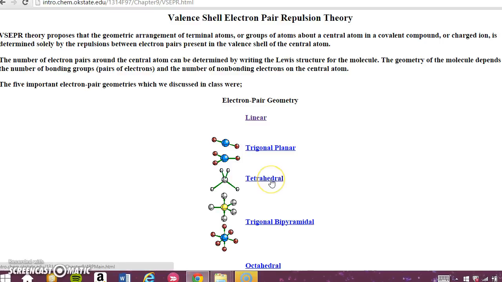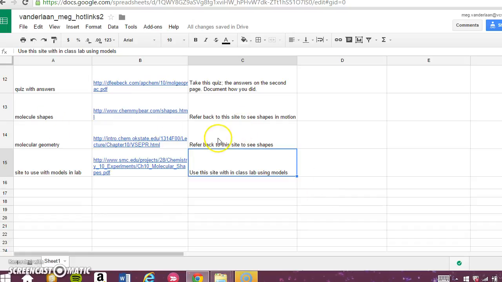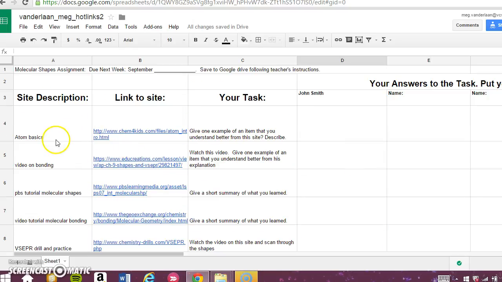You must remember that these are not stationary figures or shapes. They are moving, and they're in constant motion. So they move around a point. So that is what these two websites do. Now this last website here, this is the site you'll use in class. So you won't have anything that you'll have in here, but you're going to use this in class, and then after we do this lab in class, you will write a summary of what you've learned from doing this lab in class. So in summary, your task is to go to all of these sites, all these links,